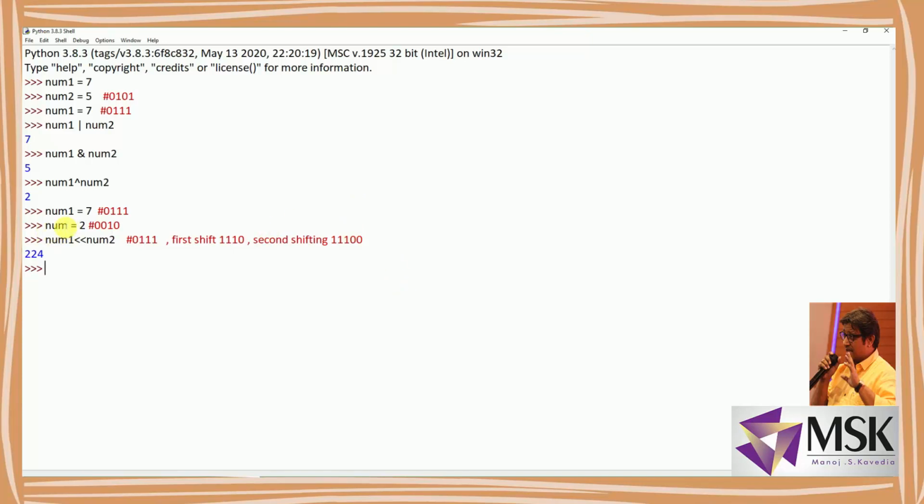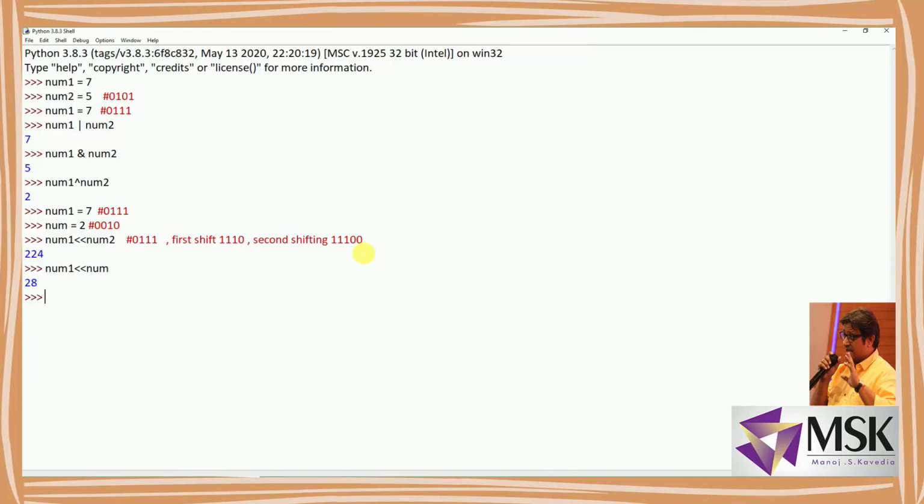So it has shifted 5 times, because num was 5. Shifting this 7 five times, it has given 224. Let's say num1 I'll shift to num2. Now this result should be there, because first it will be shifted with this value and second it will be shifted with this value. Yeah, correct. It is giving me 28. So be cautious while entering the values. These mistakes can give you wrong results.